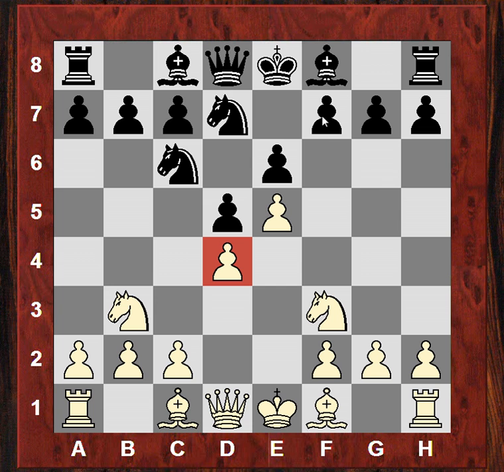It might seem f6 could be an idea, but black has to be very careful in these kinds of positions that there isn't some nasty tactic going on. For example, bishop d3 and knight g5 could be dangerous. Black actually wasn't tempted to play f6 here, but rather plays a5, which is dual purpose,